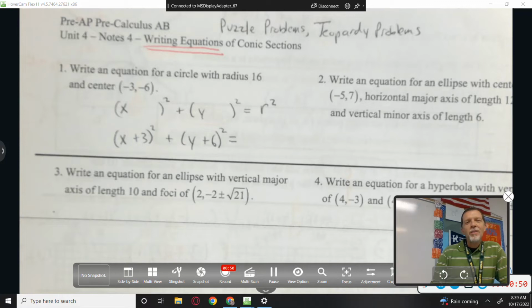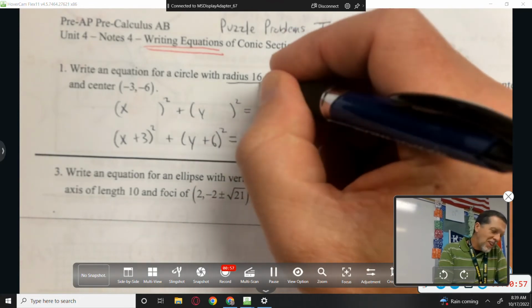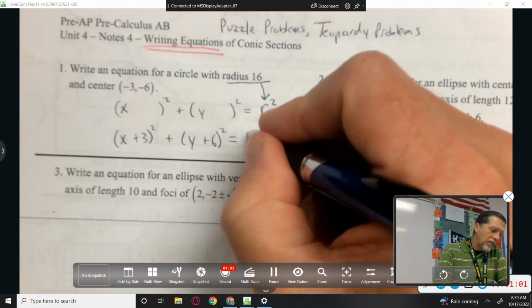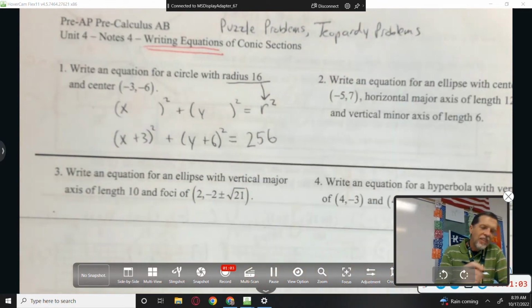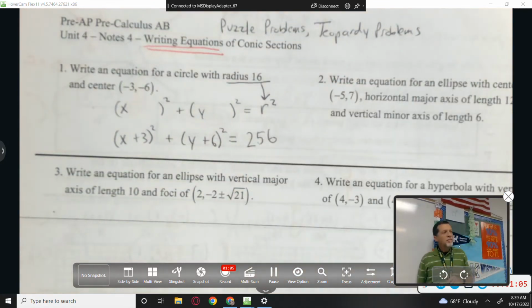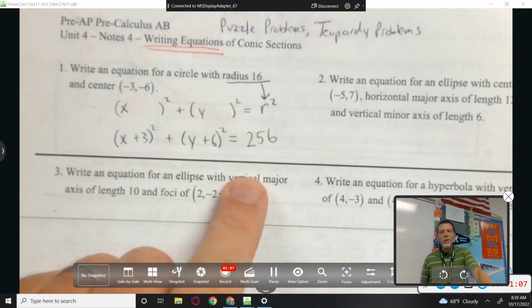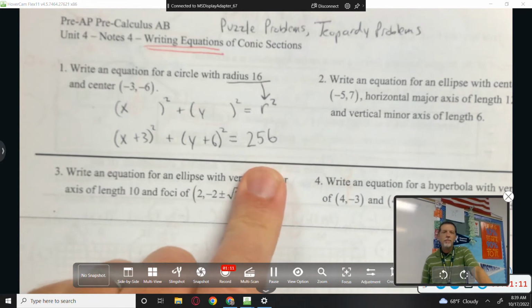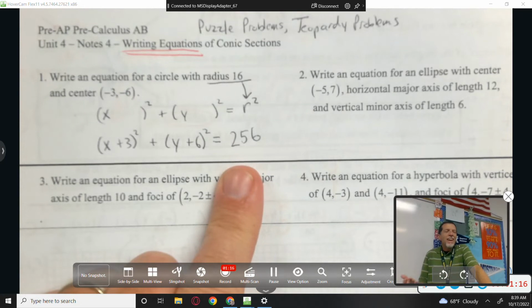It's trying to bait you into thinking that it's 4. It's not 4 though. The radius is 16. I need to square the radius, whatever 16 times 16 is, which I think is 256. So yeah, they tried to bait you into putting 4 since 16 is a perfect square, but r squared goes on the other side. So a lot of the problems, once you get the hang of today, they go quick if you understand circles,